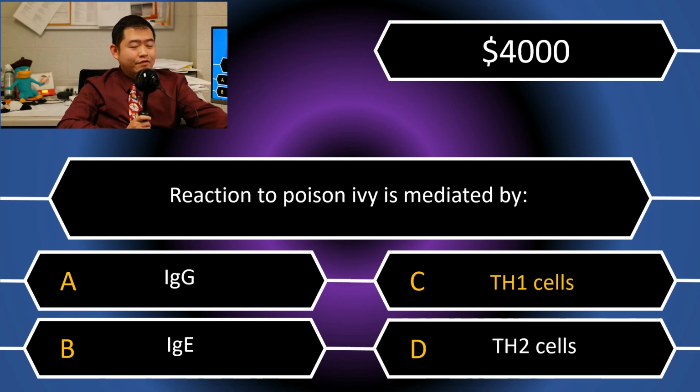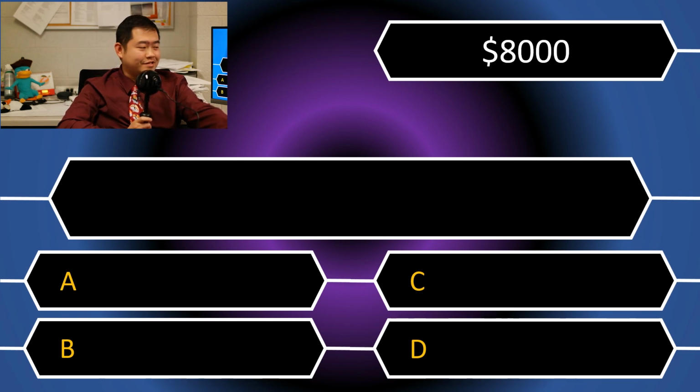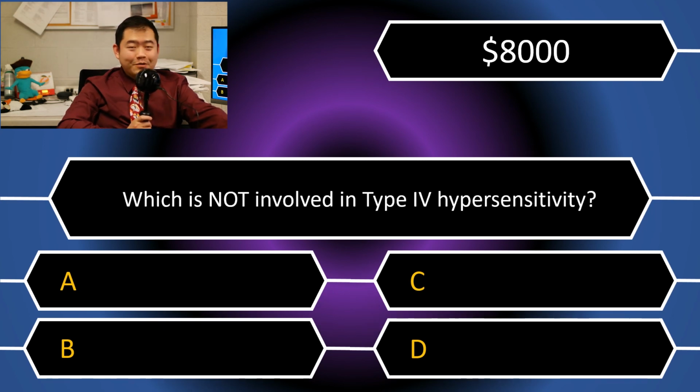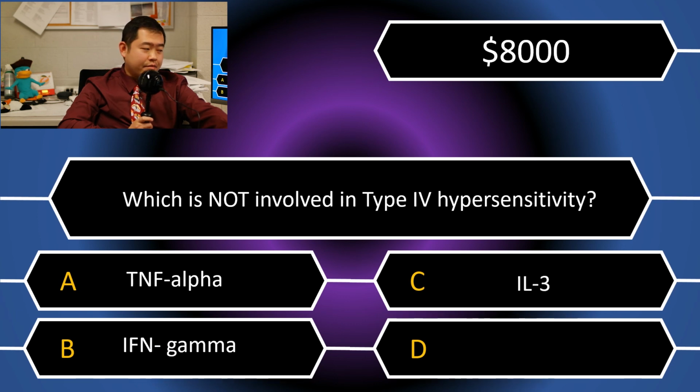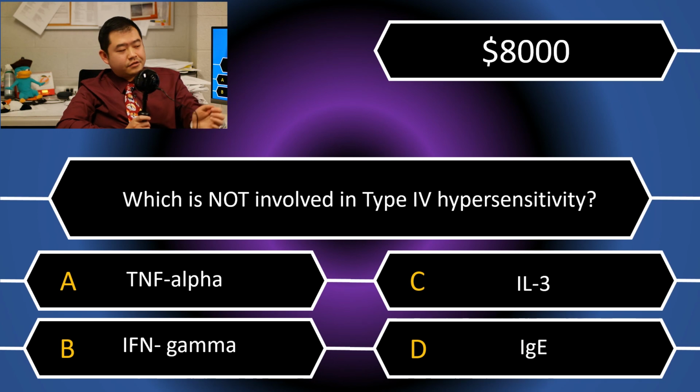Okay, so now let's move on to the $8,000 question. $8,000. Well, is it becoming higher stakes? Which is not involved in type 4 hypersensitivity: TNF alpha, interferon gamma, IL-3, and IgE. This could be a little bit tricky, or not. This is not as explicit as the other questions, but again,